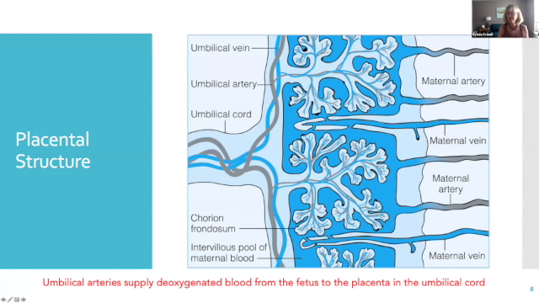This is maternal blood. In the placenta, maternal blood pools around the ending of these blood vessels. What they don't do is mix. So the placenta is not like a big mixing bowl where the fetal blood comes in and her blood comes in, and you mix it up and everything goes in a different direction. It doesn't work that way. There is actually a specific transport mechanism that occurs.